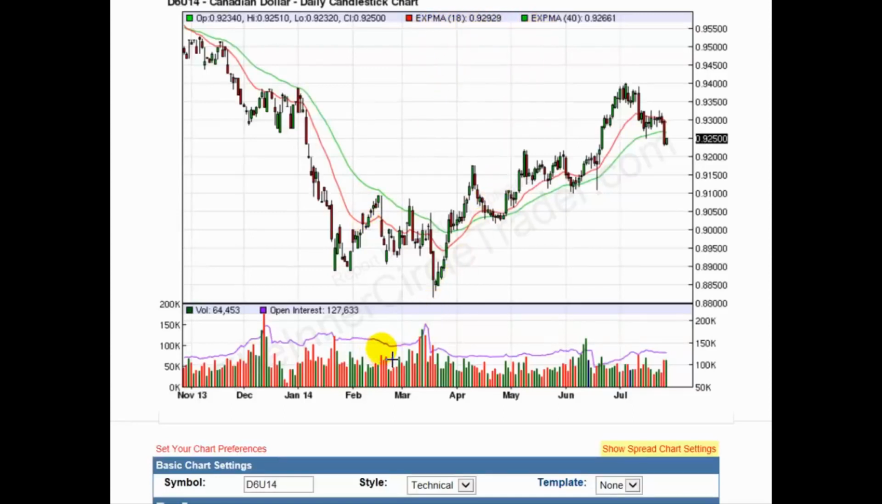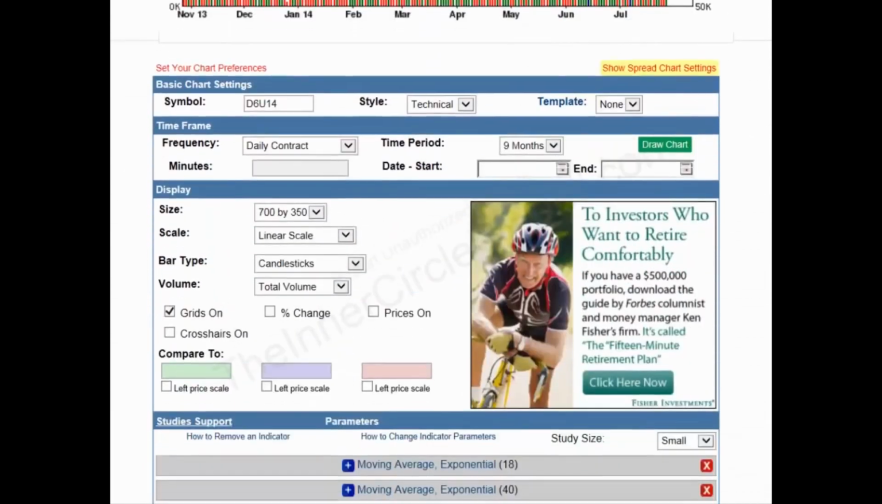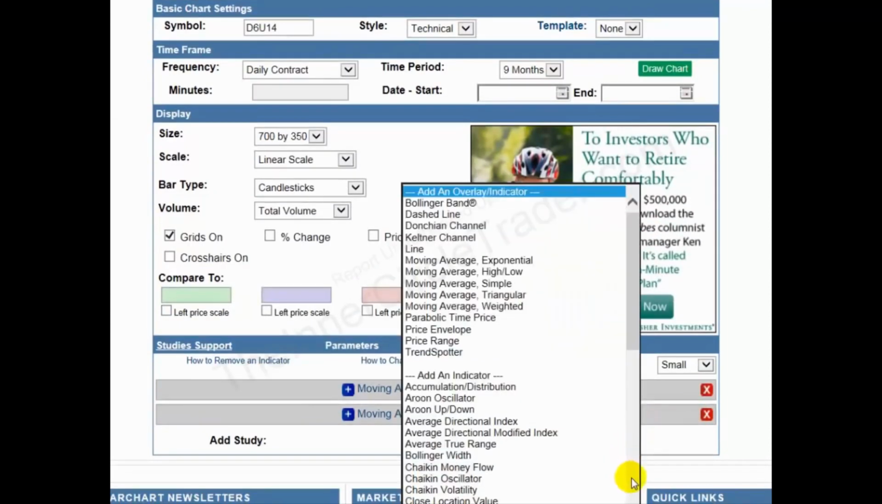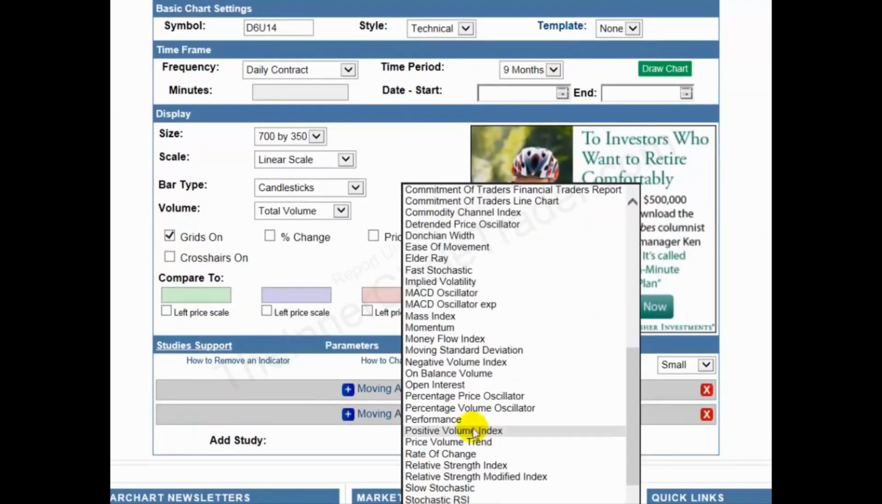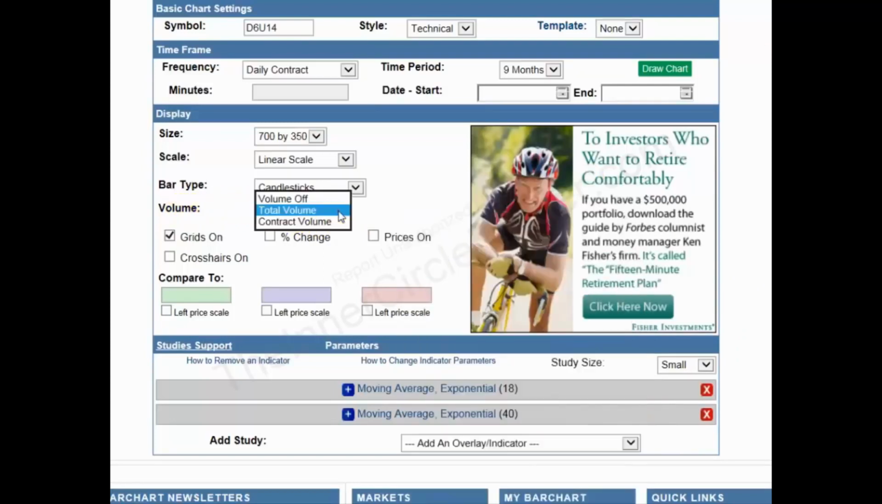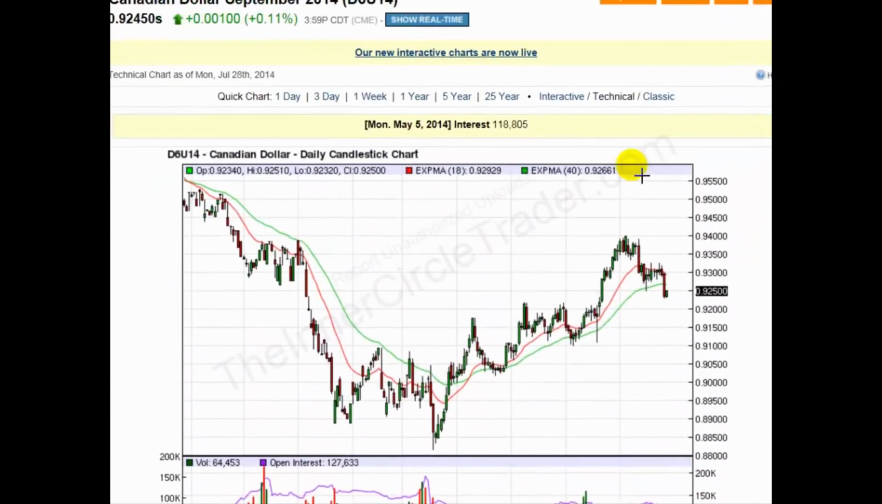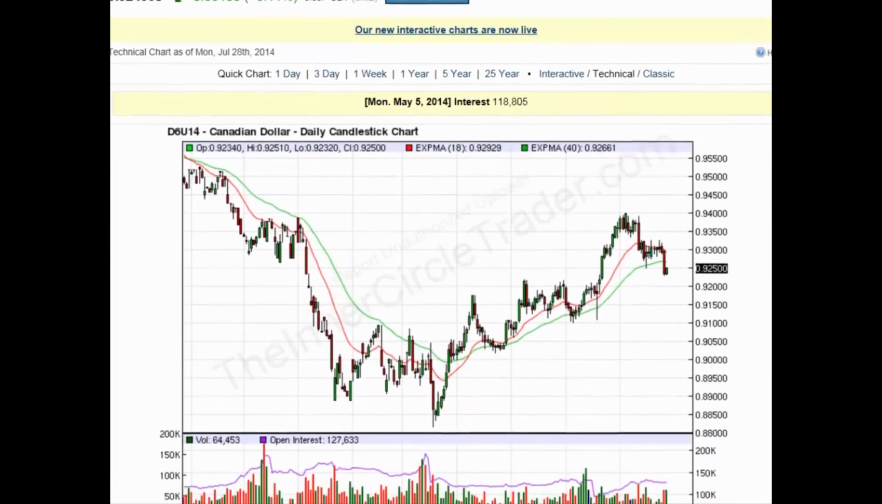And I have the open interest. Again, open interest can be found by adding it here, or by simply having total volume. You want to have total volume, not contract volume. You want total volume on. I have 9 months on here. You can do whatever you want to show as much data as you want. But looking at what we have,